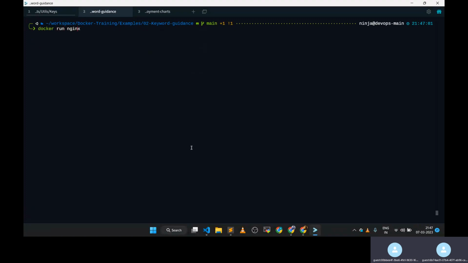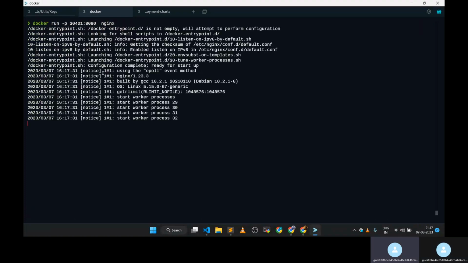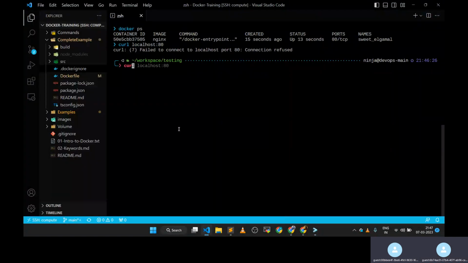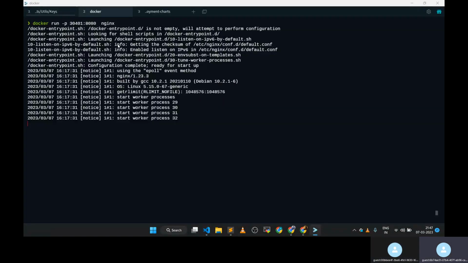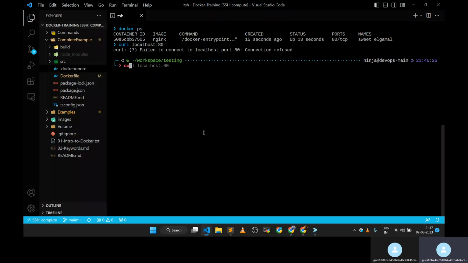Now let's observe this. Earlier we were running the docker run command without any argument. This time you are going to provide the hyphen p flag, then any port which is available on your host, like suppose 30401, and then whatever port is exposed by your particular application. I guess Nginx by default opens on port 8080. Let's see. I guess it will fail. Now, if you again do docker ps,